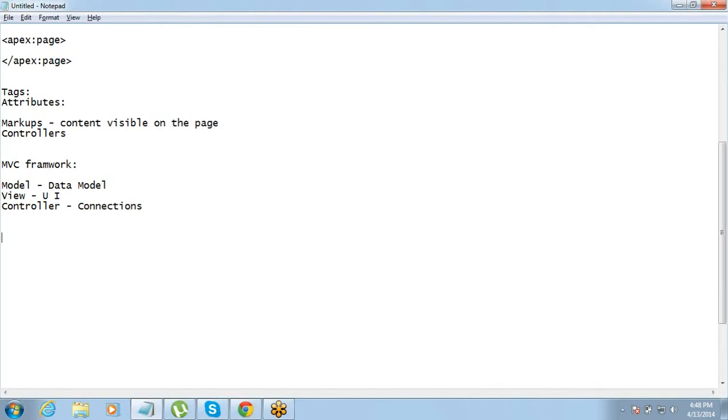So there are different types of controllers. First is a standard controller, second is a standard list controller, then a custom controller, and then a controller extension.